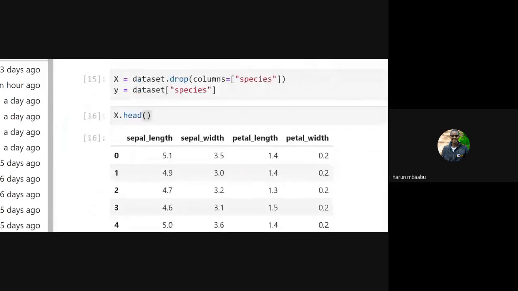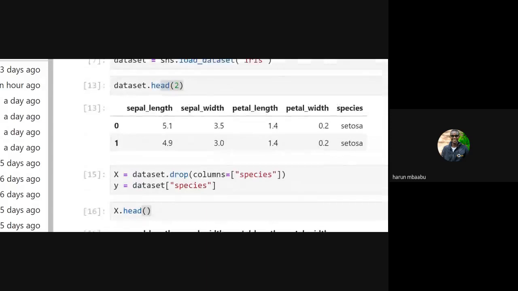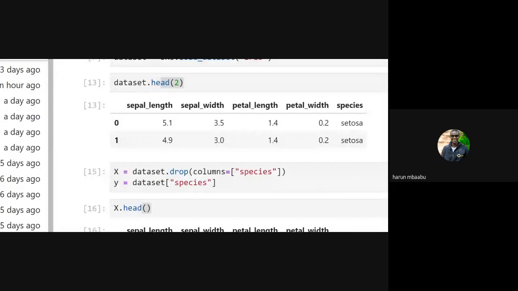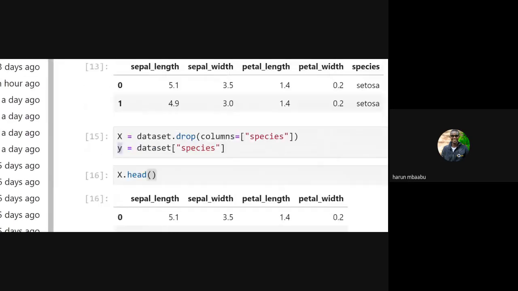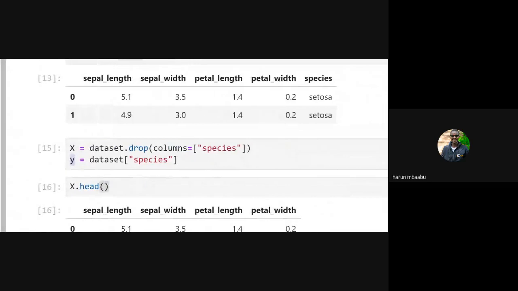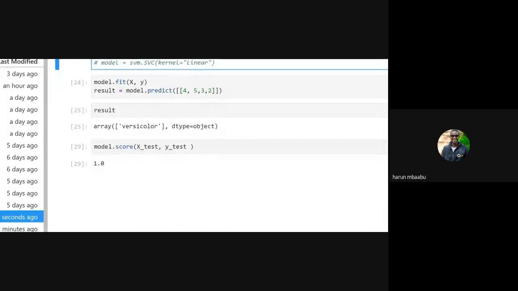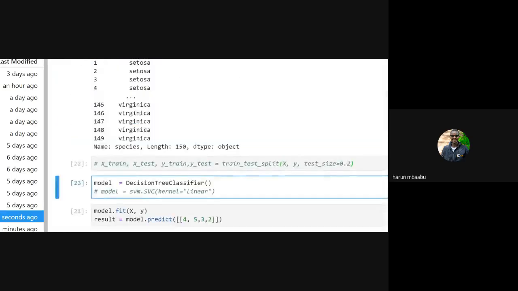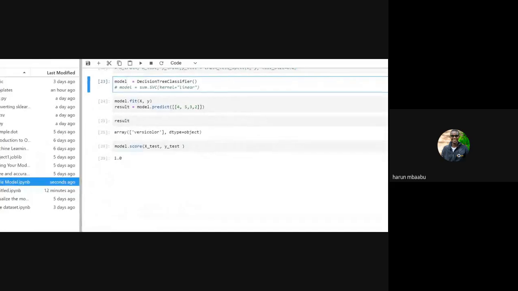We define the data X that contains the data that we are using, which are the inputs. They are used to predict species. We made a variable to store the species data, which are our labels in this case, the thing that we want to predict. So that is the data that we are using to fit our model. After fitting our model, you predict. And you can provide any data to predict with our model.